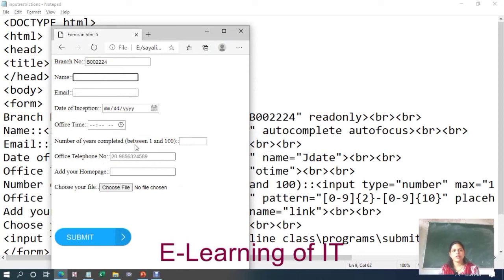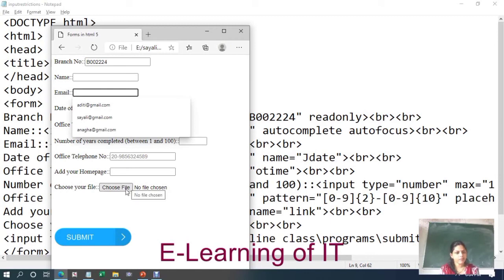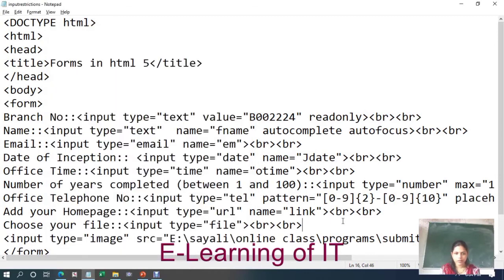Now we have seen all the attributes that are used as input restrictions. Only one attribute has been left, and that is multiple. We have already discussed that the multiple attribute is used with the email and file controls. So let us see how we can use it.